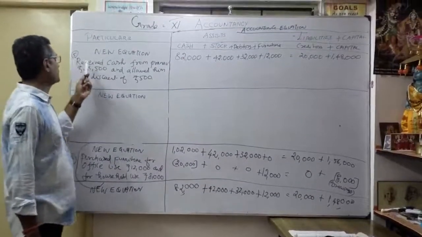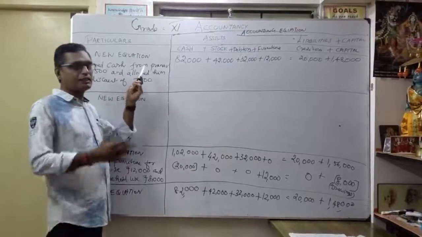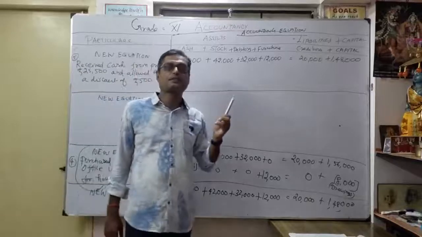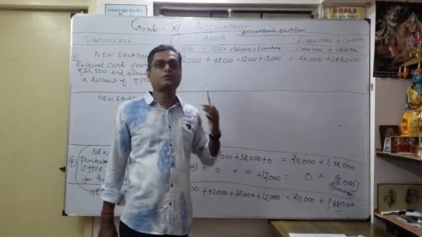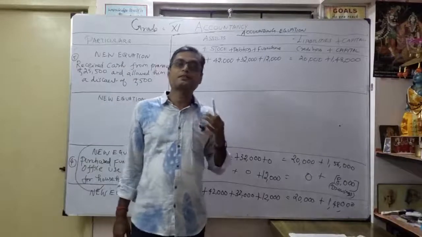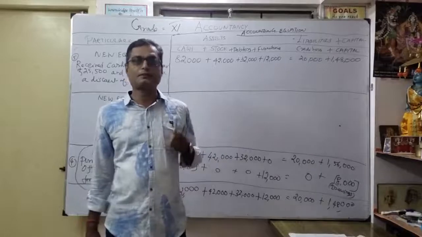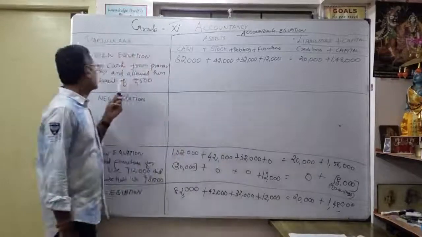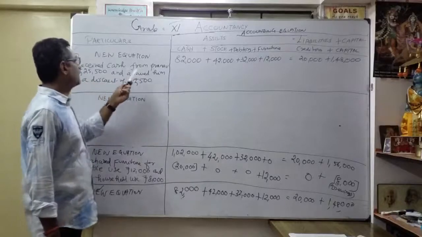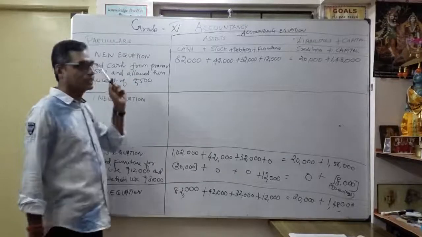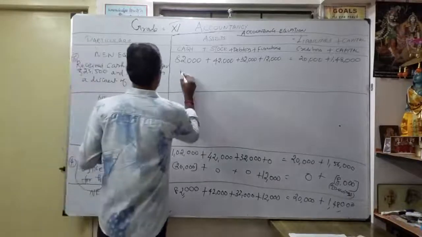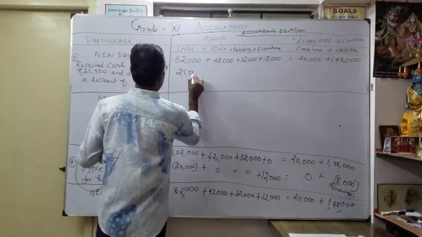See the fifth one, received cash from Pranav. We already sold goods at a profit of one third, 33.33%. Cost 48,000, we sold 48,000 worth of goods at 33.33% profit, correct? It becomes 64,000. For that, see, I received cash from Pranav, 25,500, and allowed him a discount of 500. So that fellow Pranav now paid money. How much did we get? 25,500. Okay, we got cash.